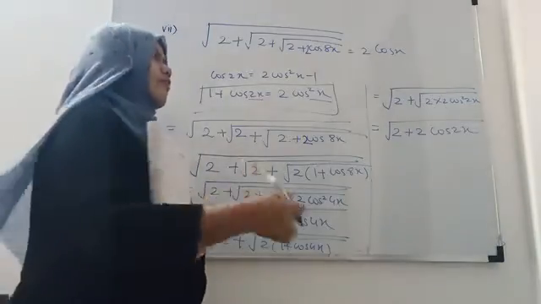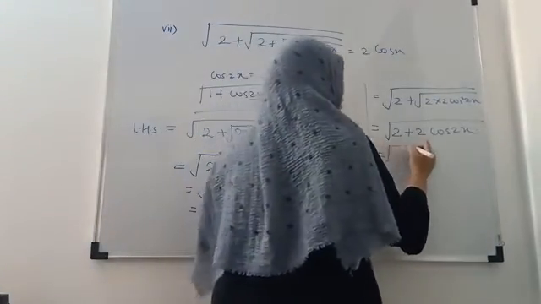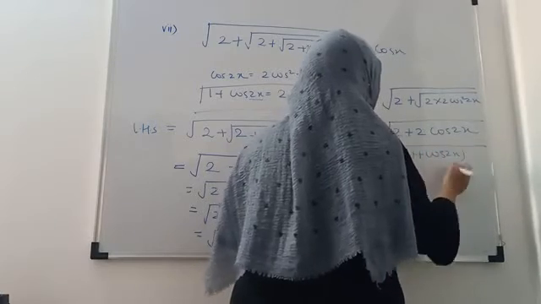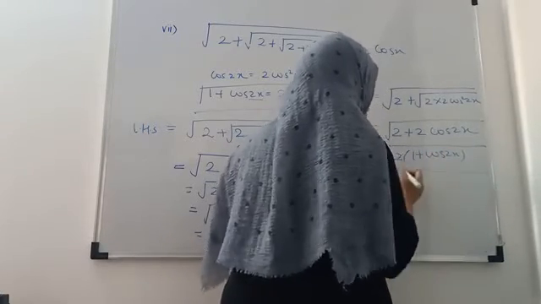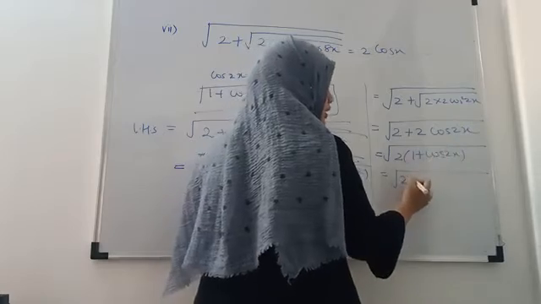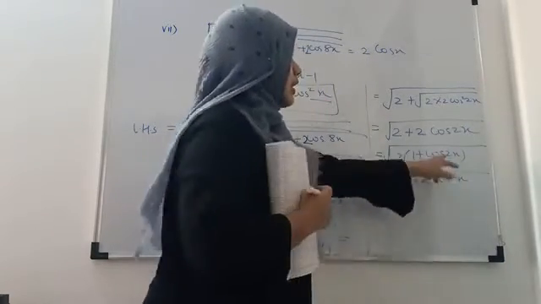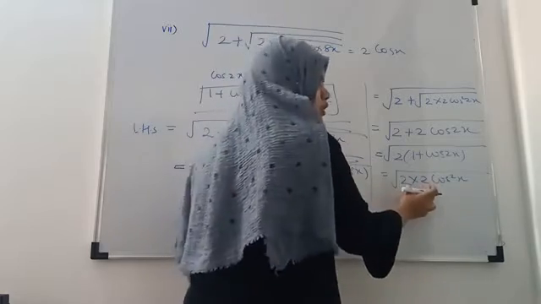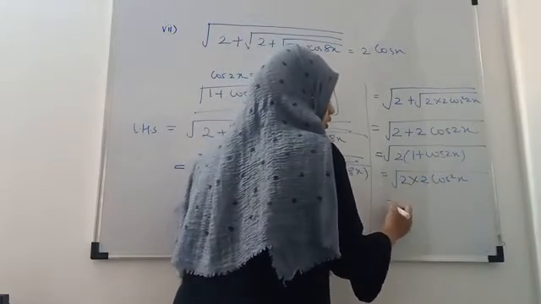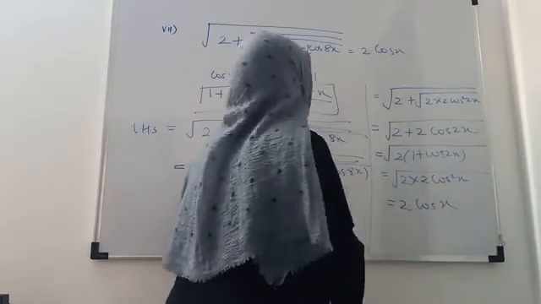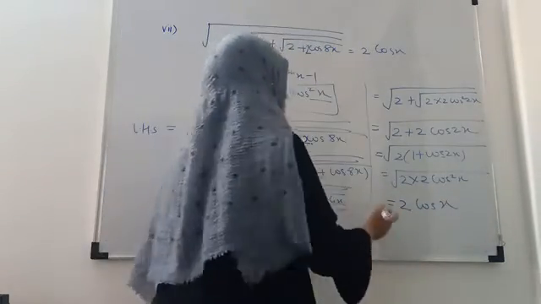Okay. Now finally take out 2 common. So the 1 plus cos 2x is there. Again apply the same formula. 2 is there. 1 plus cos 2x is 2 cos square x, right? 2x का हो जाएगा x. Now this 2 into 2 4. Square root of 4 is 2 and square root of cos square is cos x. So which is your RHS?